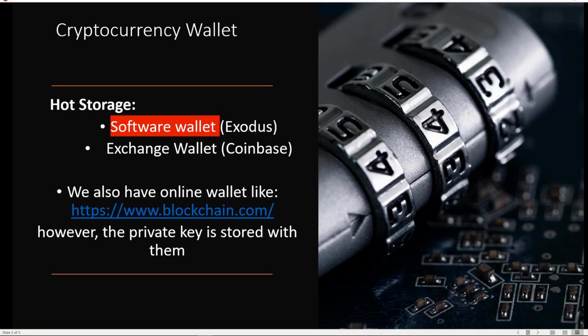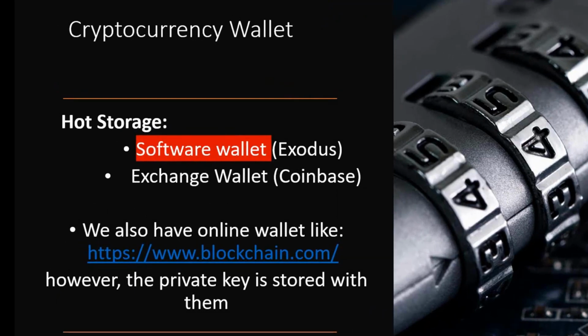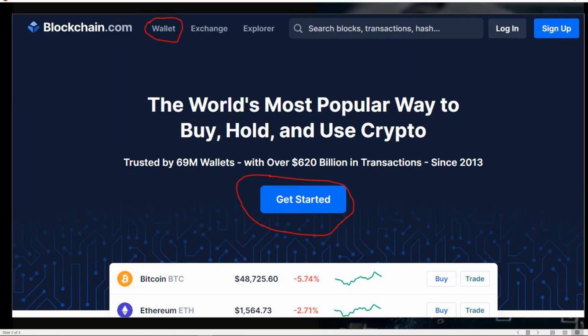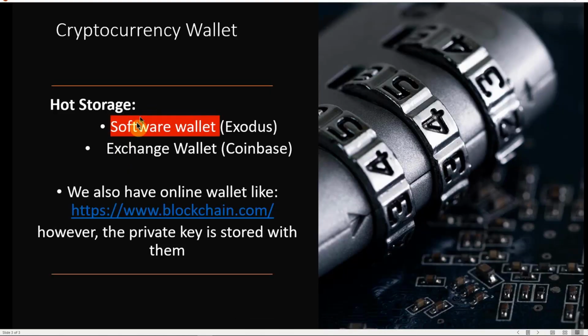You also have an online wallet like the Blockchain wallet. This is the same as the exchange wallet. The private keys are stored within the web application. For this video, we're going to concentrate on how to download and install hot storage software-based wallets like Exodus